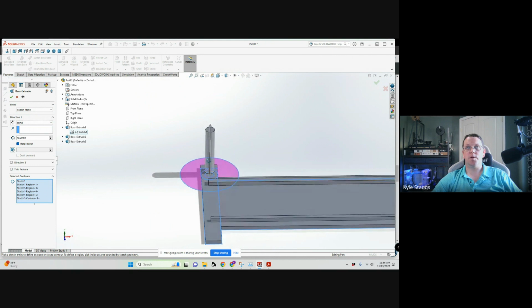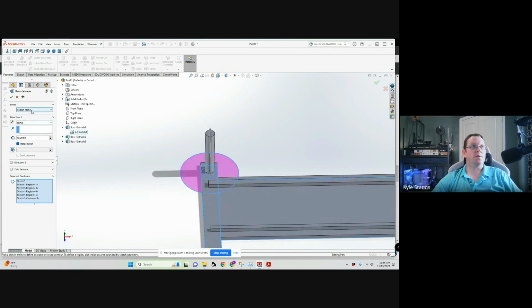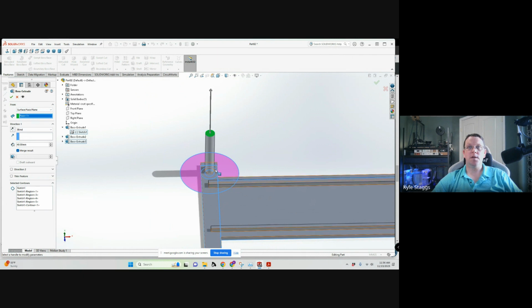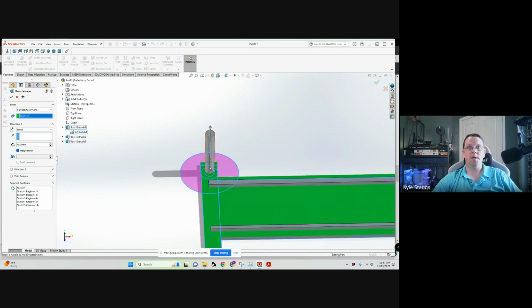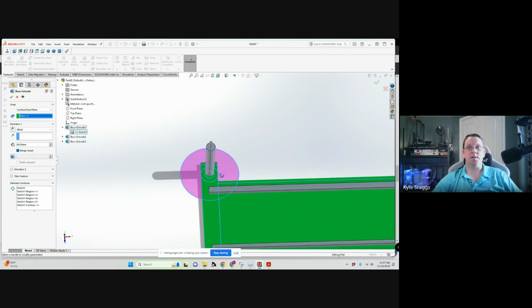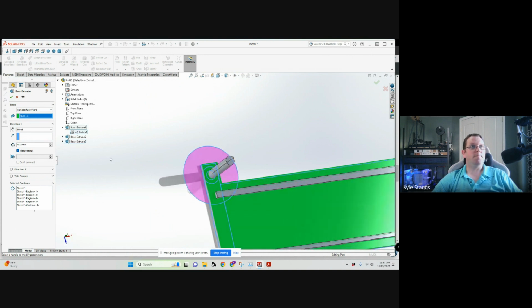So this circle region, you extrude from this surface, and you have to be a little bit careful how you do this. I'm going to go ahead and extrude this interior region as well. But we're actually going to be